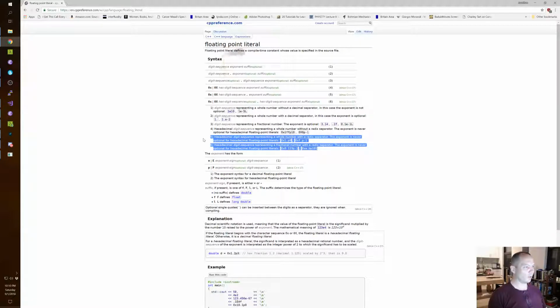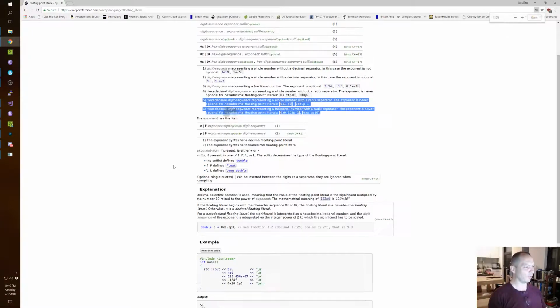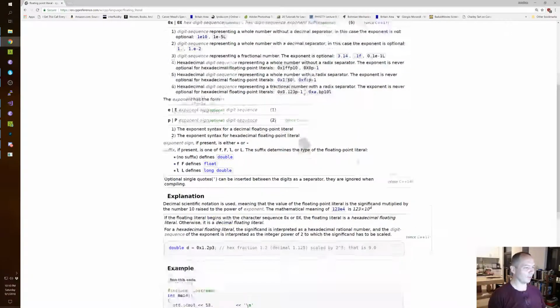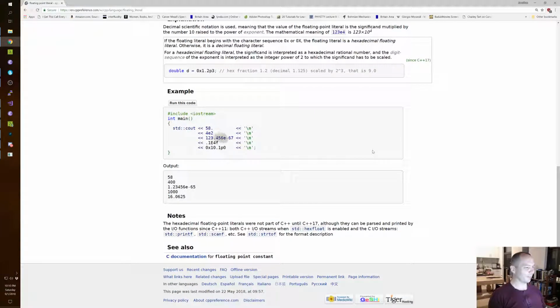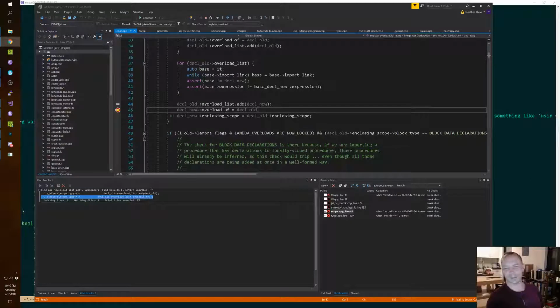Like, good luck if you can understand from these what that means even, right? I don't even know. All right, we're gonna stop talking about C++ hex floats.